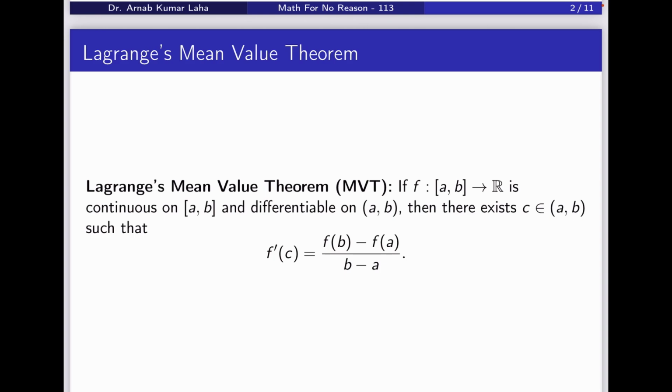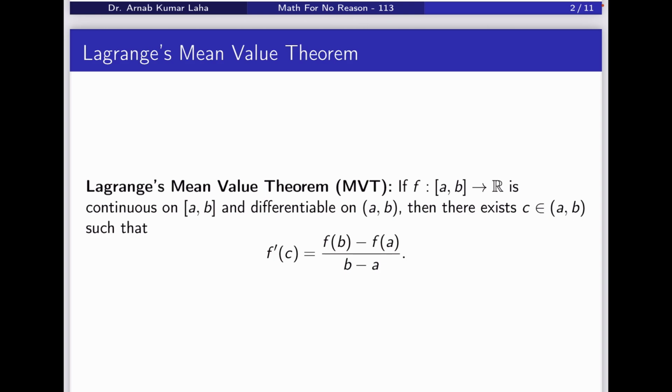Here we have the same hypothesis as that of Rolle's theorem, that is, this real valued function f is continuous on the closed interval [a, b] and is differentiable on the open interval (a, b). Then Lagrange's mean value theorem asserts that there exists a point c in the open interval (a, b), that is a less than c less than b, such that f prime c is equal to f(b) minus f(a) divided by